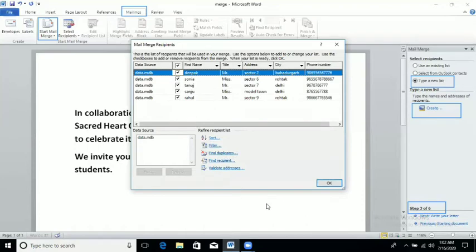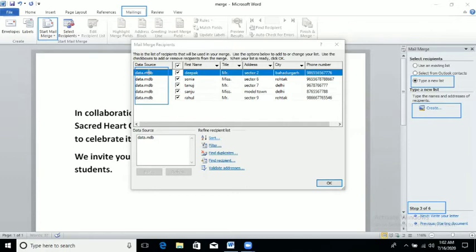When you click on the Save button, you can see the Mail Merge Recipients dialog box will appear. In this one, I'm putting a rectangular box here. You can see it is displaying data.mdb. Data is our file name. We have saved with the name data. MDB means Microsoft Database.